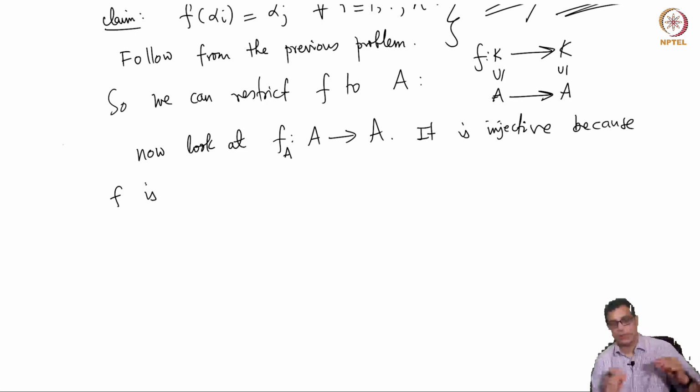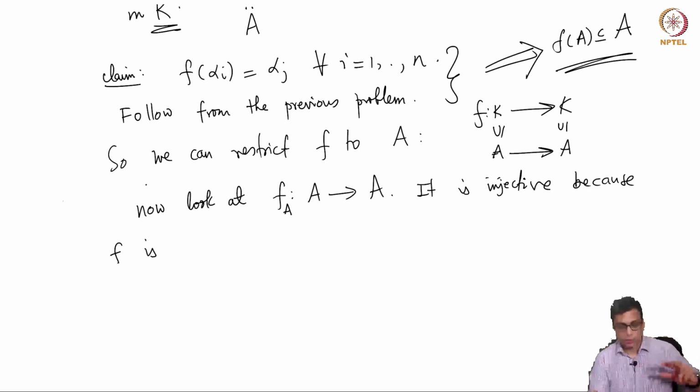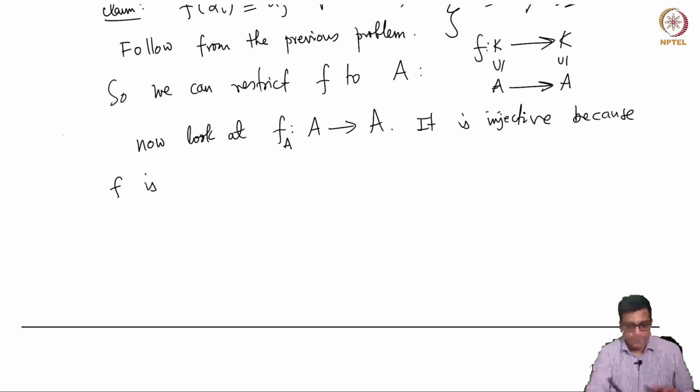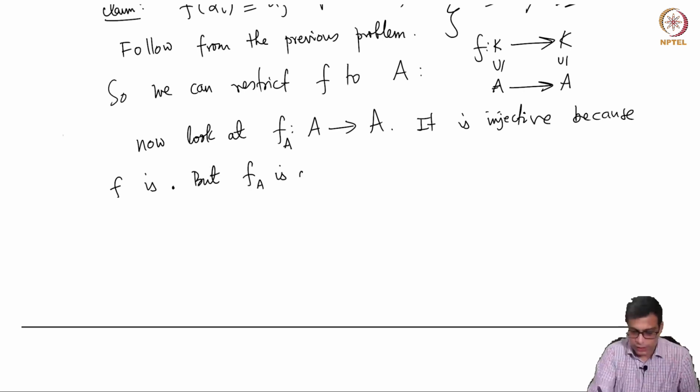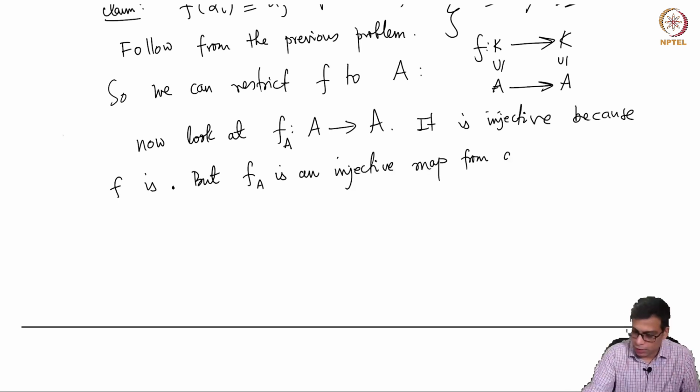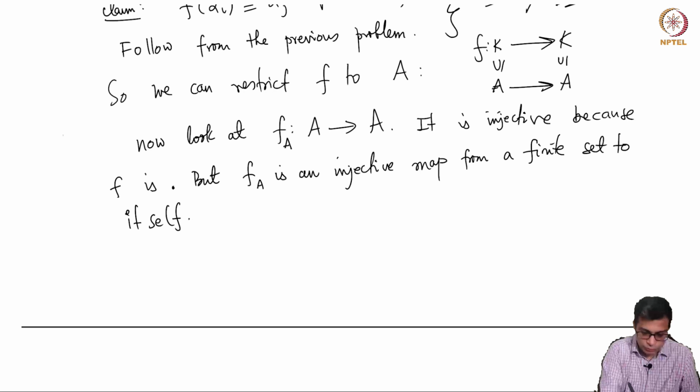So f is a set theoretic injection: two distinct elements in K go to two distinct elements in K, so two distinct elements in A obviously go to two distinct elements in A. But f_A is an injective map from a finite set to itself. So f_A must be